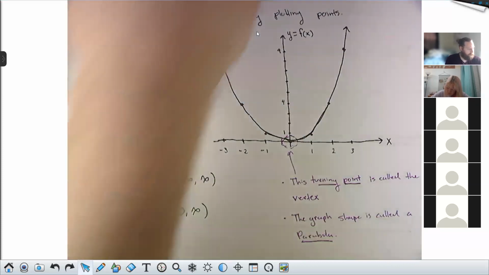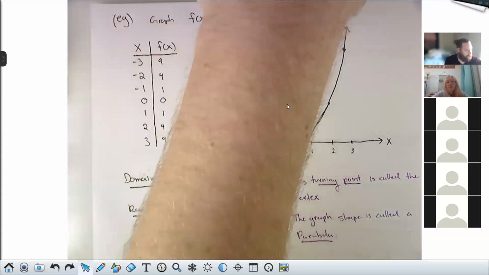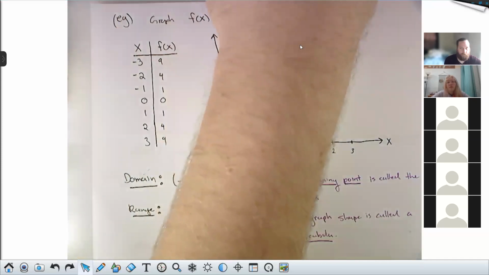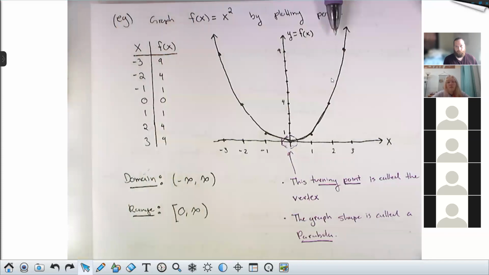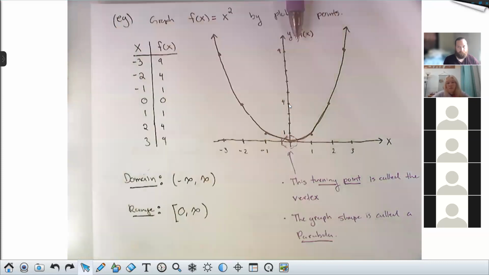Some neat facts about these. If I shine a light in from above, like this pen is a light, then the beam from that light will come down here, bounce off this, and hit this point. If I were to shine that light over here, straight down, then the beam would come down here, bounce off this, and hit that same point. If I were to shine the light right in here, then the beam would come down here, hit this point, and reflect right back up to here. This point is called the focus.